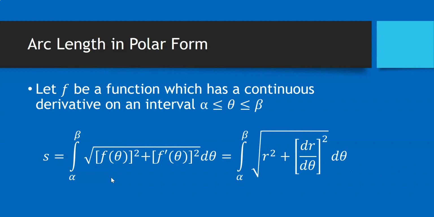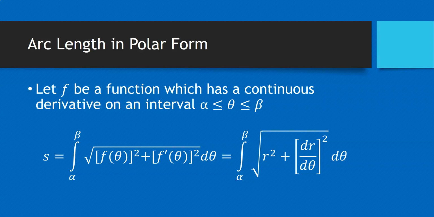The next part of 10.5 deals with arc length. Now, we've seen arc length in both rectangular form and parametric form, and now we're going to have arc length once again but in polar form. So if we have a continuous function, r equals a function of theta,